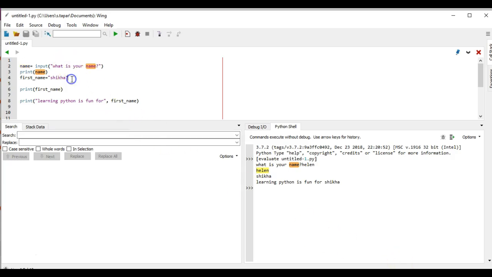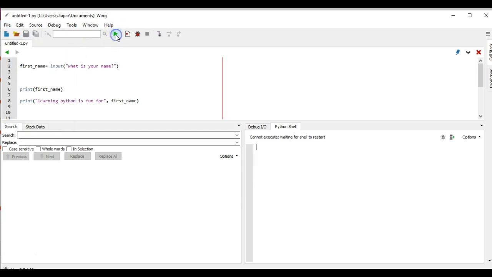Now I'm going to do another simple thing: rather than assigning it to name, I'm going to assign it to the variable first name. The variable first name will be assigned what is being input by the user. I'm going to save it,